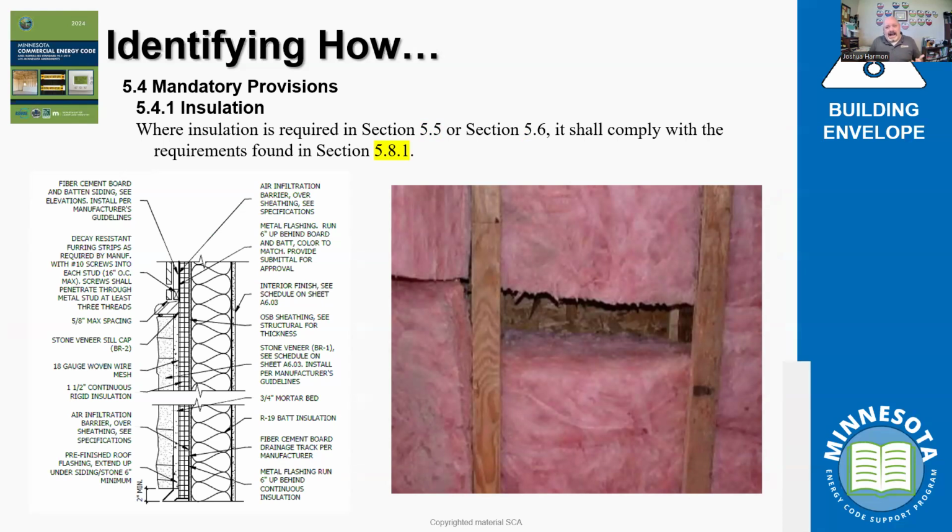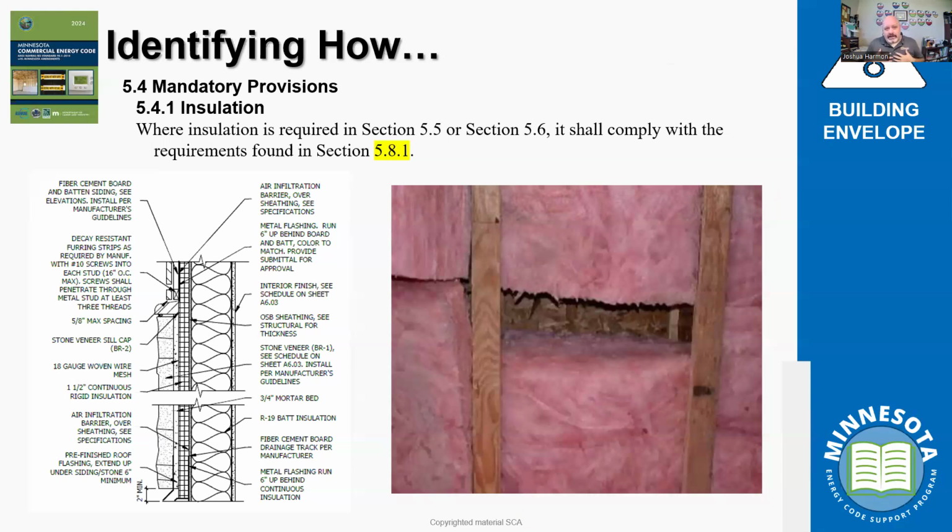We have to identify the how it gets installed, right? The code gives us in section 5.8.1 that list of installation expectations associated with how it's being installed. I usually use this as that example of when my son and I were talking the other day. I don't talk to hear myself speak, right? Designers don't draw because they love to, right? They draw so that when we go out to do it in the real world, when the contractor's installing it, he doesn't see this break and think, oh, well, they meant I need to not put insulation. No. We need to make sure we understand how it was installed.